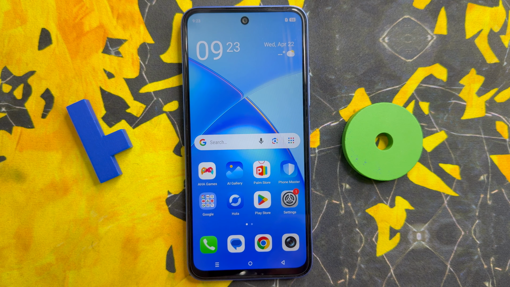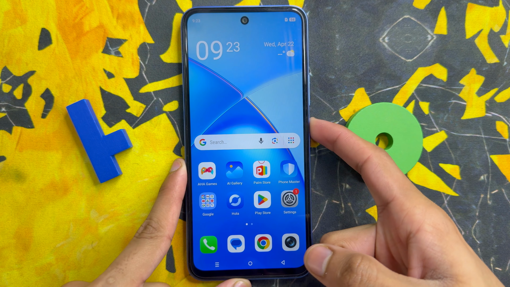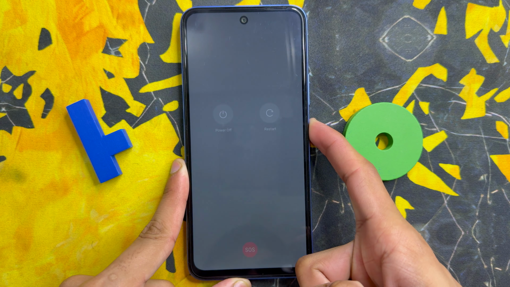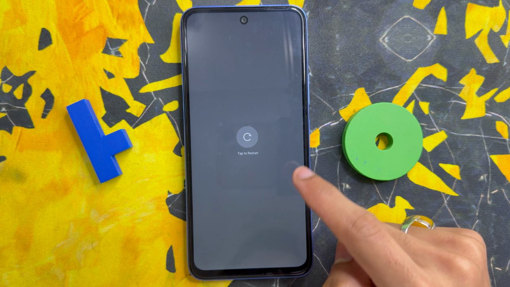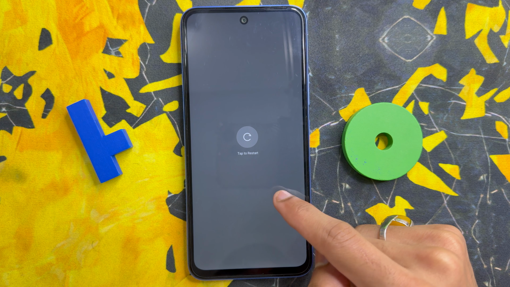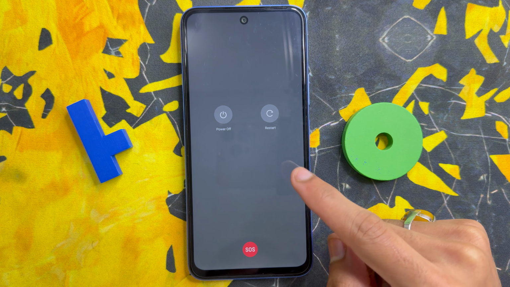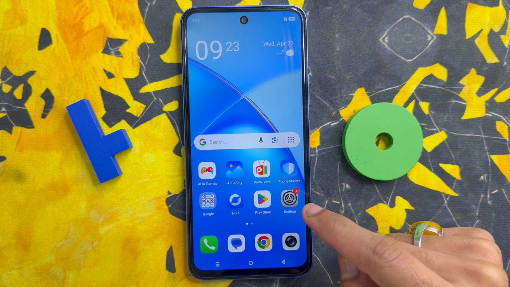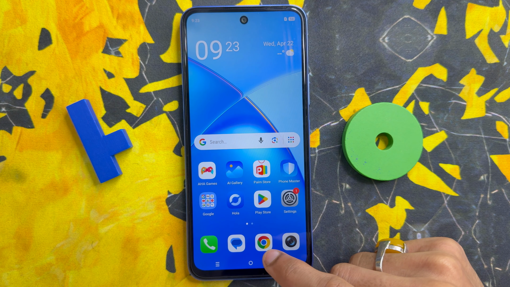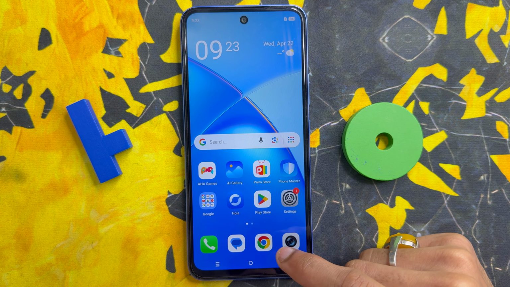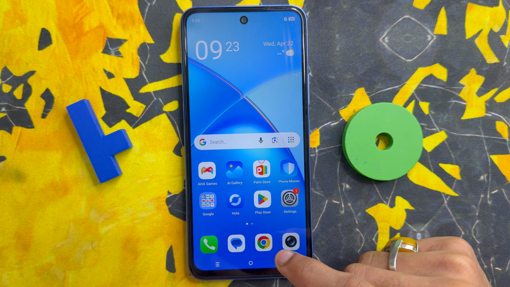Let's start the video. If you want to fix this problem, restart your device. Just click and hold the side power button and click on the restart icon. After clicking on the restart icon, click on the restart icon again and you will see your phone restart. After restarting, enter your phone PIN and check whether your problem is solved. But if it doesn't fix this problem,